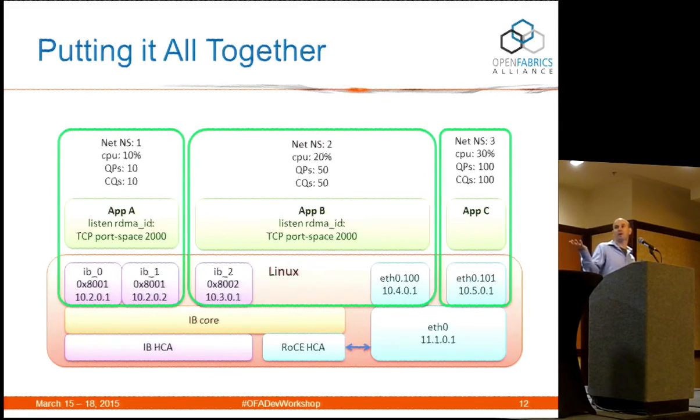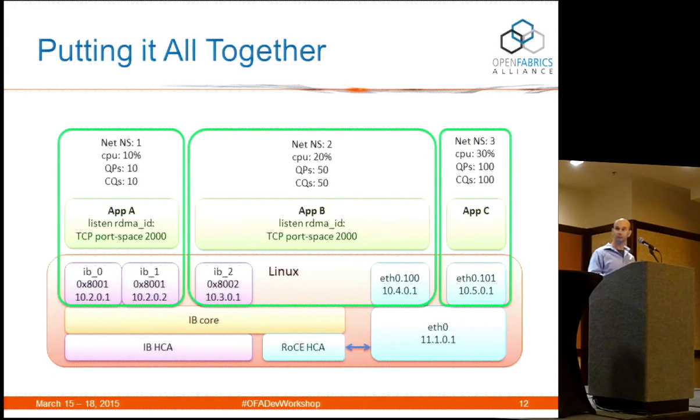Now, I can take any one of these interfaces and associate it with a particular namespace of some container. So, for example, application A, which can consist of actually multiple applications, multiple processes. It has access to IB0 and 1. And for example, it can listen on an RDMA service ID that's basically TCP port space 2000. And it can listen on IP address any, so it will receive any packet that comes from IB0 and IB1 and targets TCP port space 2000 is going to be accepted